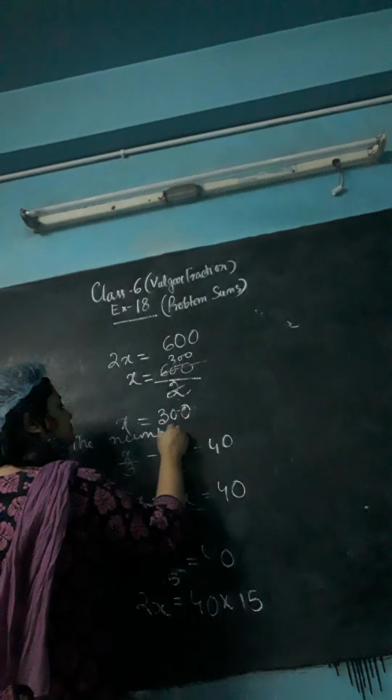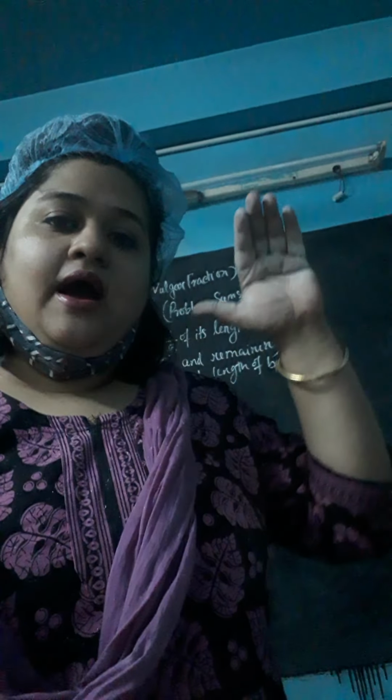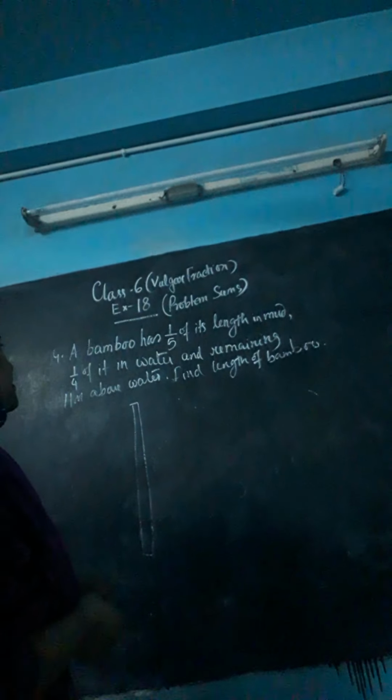Now in this question, what is given? Suppose there is one bamboo stick. Now a fraction always tells you a portion. It does not tell you the original length of the stick, but it tells you, if the total length is divided into 5 units, how many units you are talking about. Suppose I say 1/5, it means only one part out of the entire stick when it is divided into 5 equal pieces.